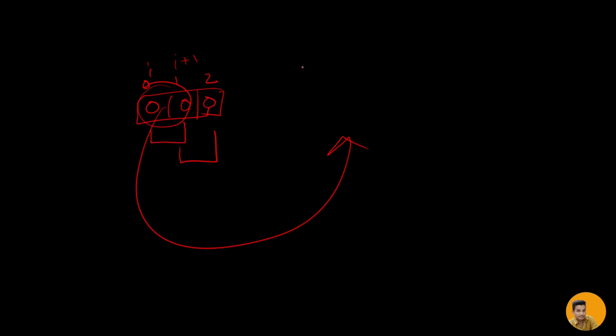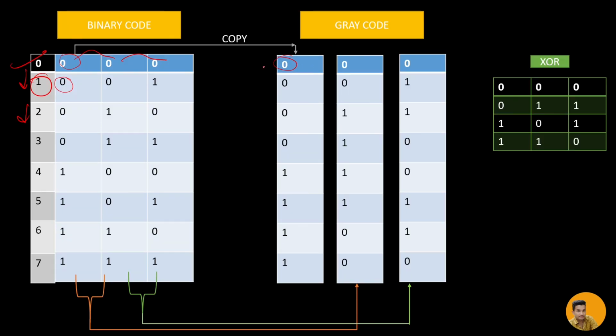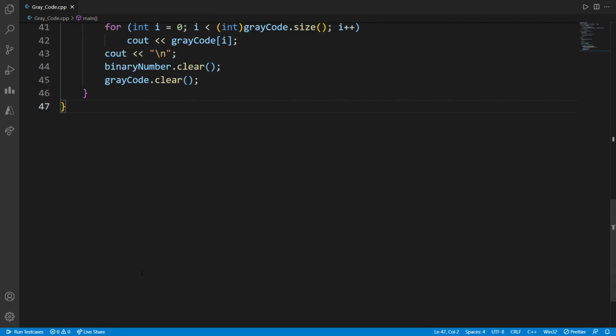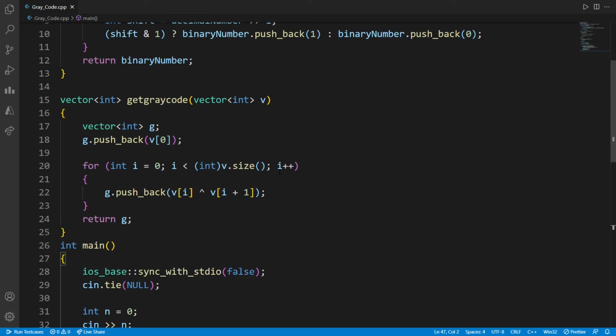This contains three length. When this is a binary number, we are performing XOR only 2 times, right? We are performing XOR operation on 1 and 2, but what we are writing here is going till the complete size of the vector.